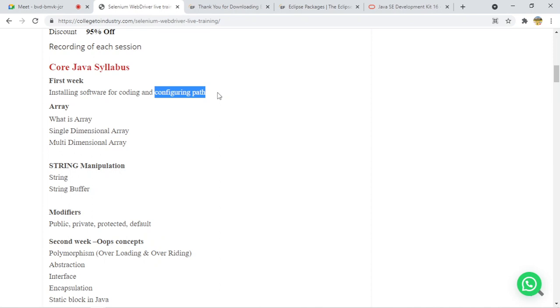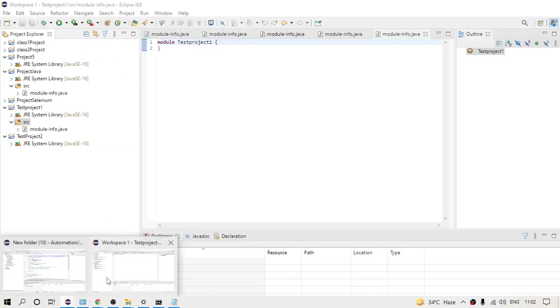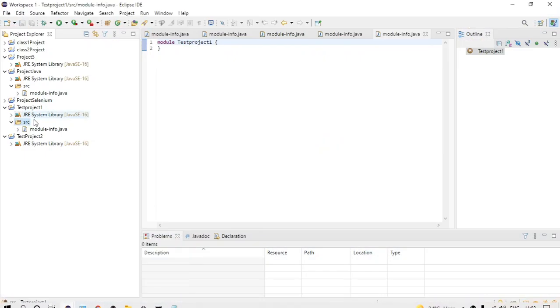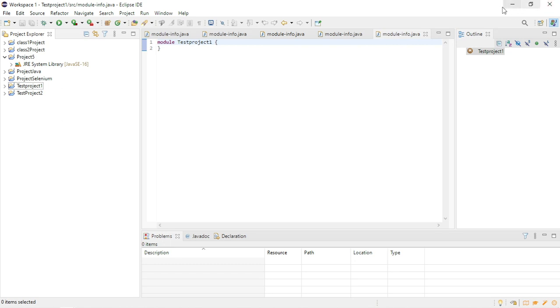Java path. After that, from tomorrow, we will start from the basics, like what is Java, what is the benefit of Java, how to write your first Java program. Whatever program we are going to write, we are going to write inside our project only, right? So tomorrow also we will create one project and start writing the Java code. We will start from very basic programs like addition and subtraction as well.